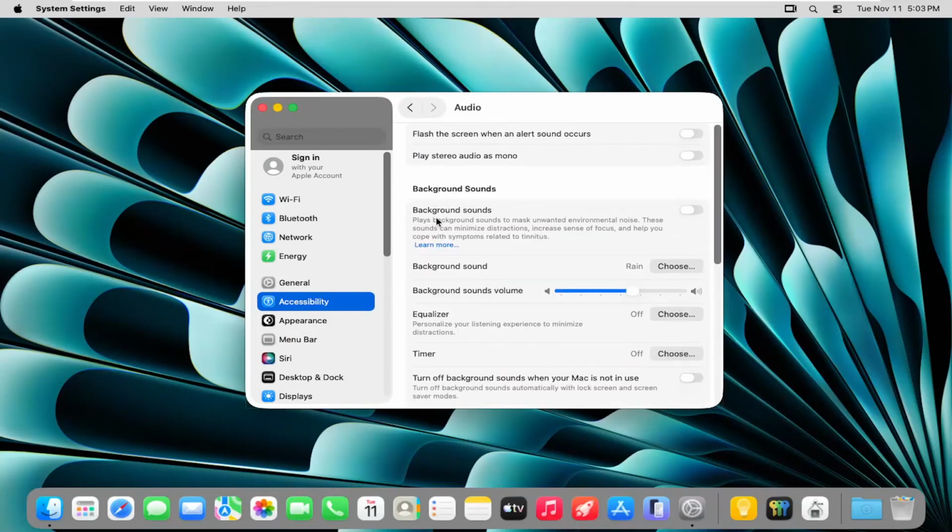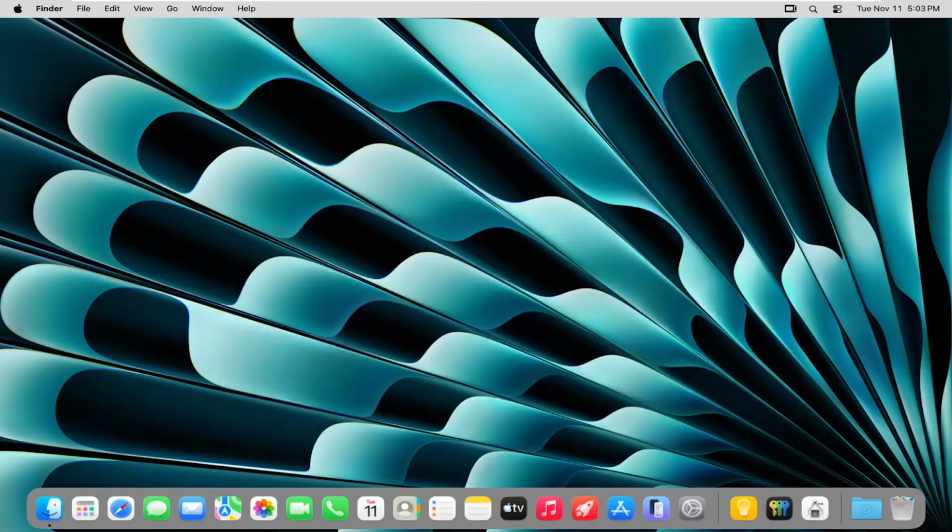it says background sounds. Play background sounds to mask unwanted environmental noise. These sounds can minimize distractions, increase sense of focus, and help you cope with symptoms related to tinnitus. Go ahead and click inside that oval to toggle it on to enable, and that is all you have to do. So pretty straightforward process, guys,